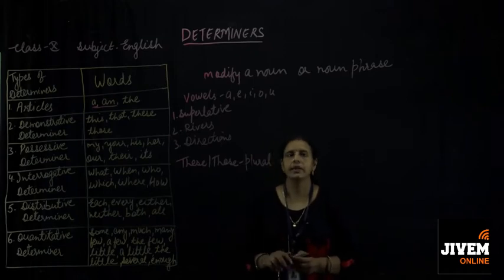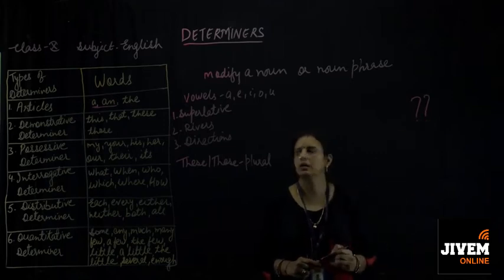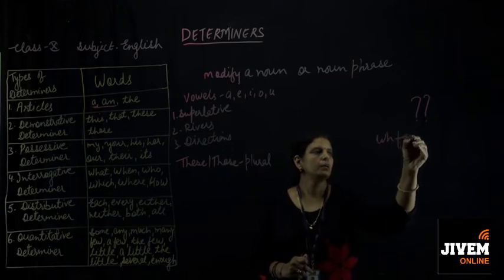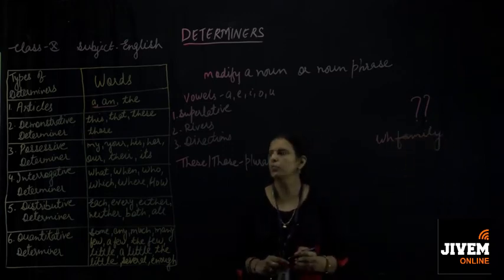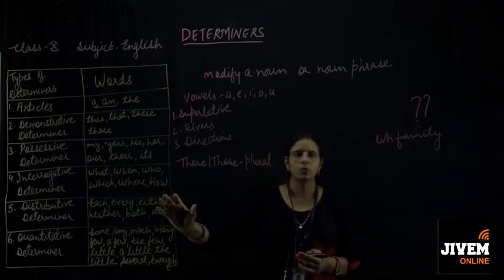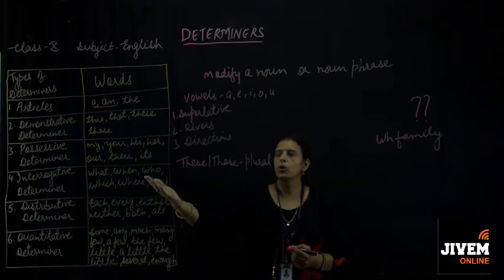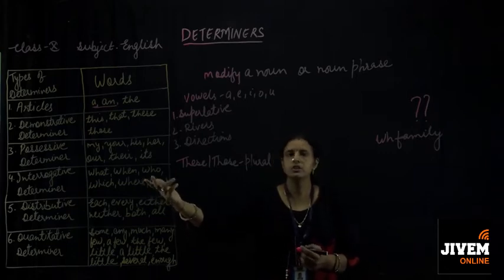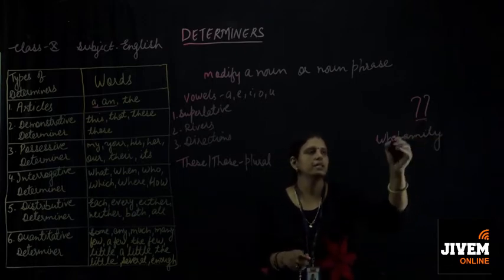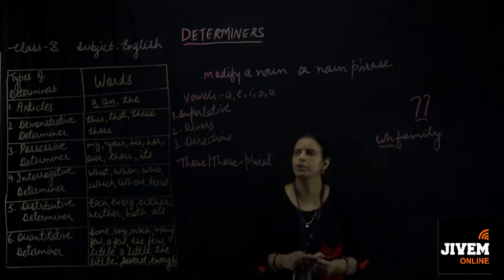and its. Now next is the interrogative determiner, and interrogative means which shows the question mark, and the words in the interrogative determiner are those in the WH family. And you know what do you mean by the WH family? WH family means what, when, who, which, where and how. All these come in the WH family category. Okay, suppose you are asking what do you want for dinner, or which dress would you like to wear, how are you, the question mark is there at the end of the sentence, and the word starts with WH, it shows that we have to use the interrogative determiner over there.